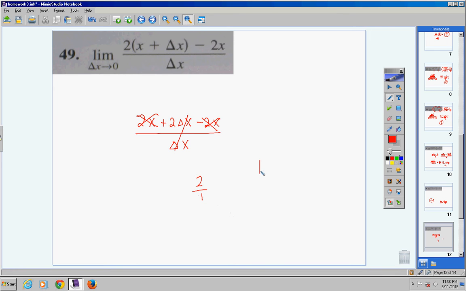So I'm trying to find the limit as delta x approaches 0. I'm trying to find the limit of 2. Well, we haven't learned this yet, but I knew we'd stumble across it sooner or later. Anytime you're taking the limit of a number, I don't care what x or delta x is approaching, the answer is always just this number here. So we're taking the limit of 2 as delta x is approaching 0. Because we have a whole number here, the answer is just 2. So the limit of this entire expression here is